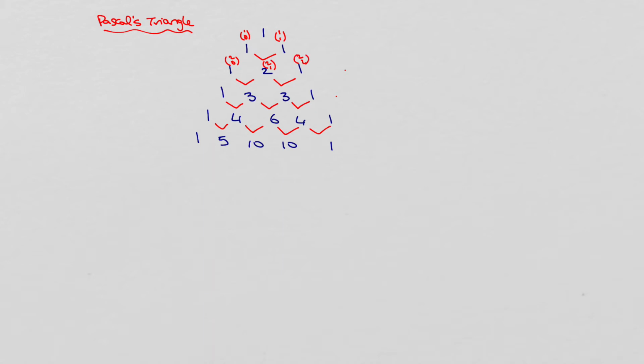And then we have 3 choose 0, 3 choose 1, 3 choose 2, and 3 choose 3. Then we have 4 choose 0, 4 choose 1, 4 choose 2, 4 choose 3, 4 choose 4,